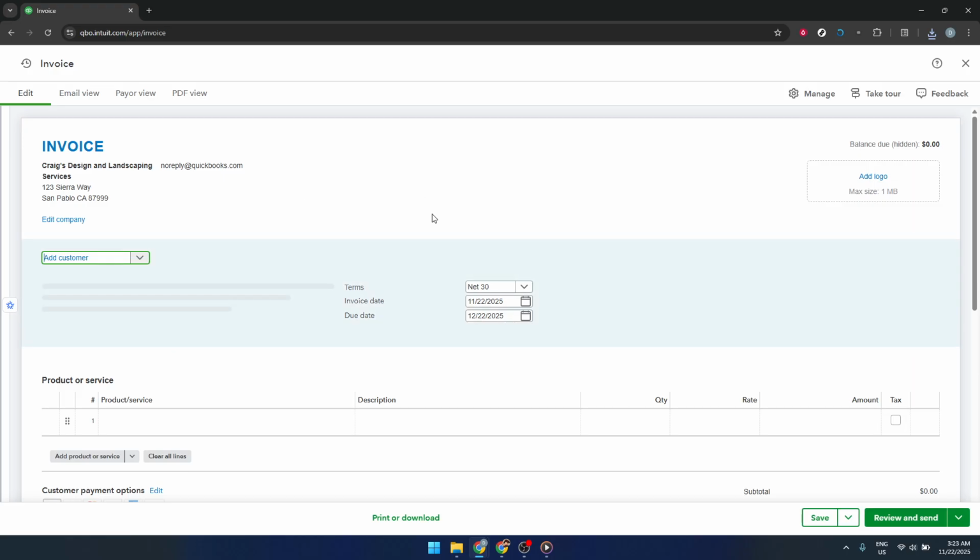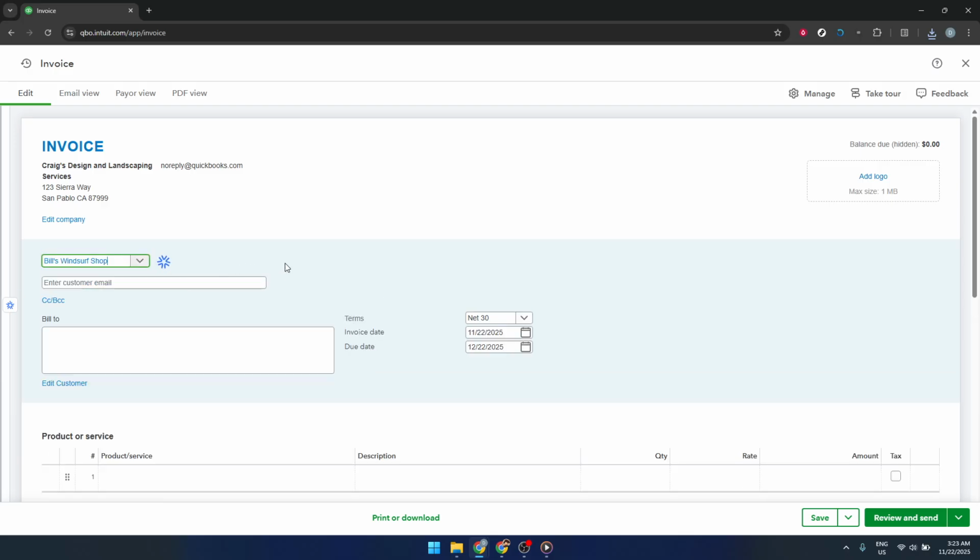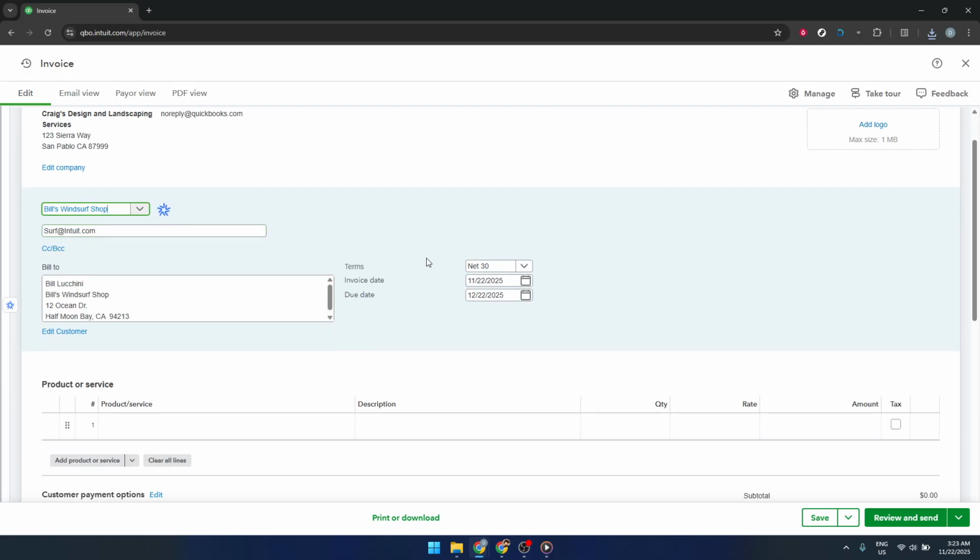The first thing to do is select the customer. At the top of the form, open the Customer drop-down menu and choose the customer you want to invoice. If you've set up this customer in advance, they'll appear in the list. Selecting the correct customer is important because it connects this invoice to their account history, open balance, and any existing